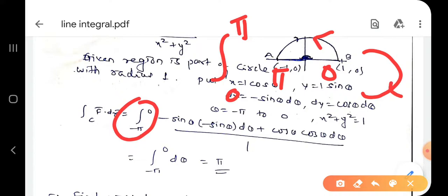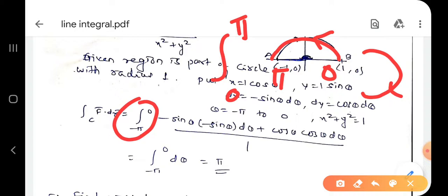But if the anti-clockwise direction is there, always we traverse in the anti-clockwise direction in this unit. Keep in mind, always try to traverse in the anti-clockwise direction. Though I did the calculation in the clockwise direction, just try to avoid it and concentrate on the anti-clockwise direction. So we move in the anti-clockwise direction, so our limit is 0 to pi.